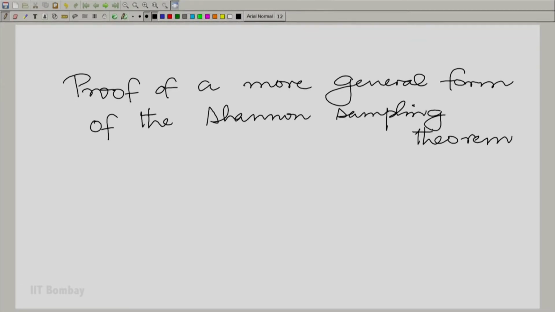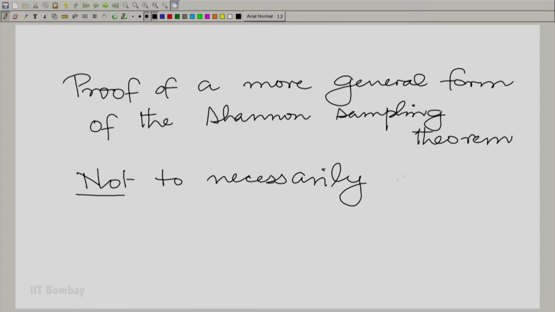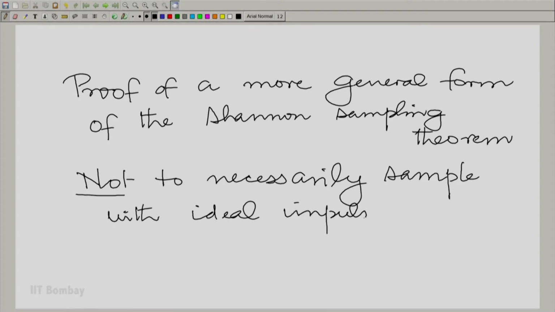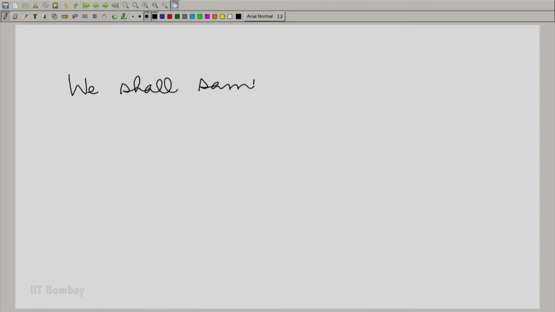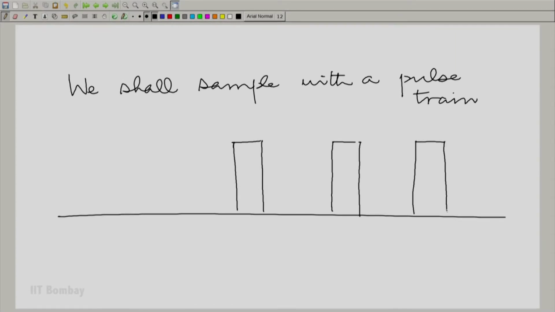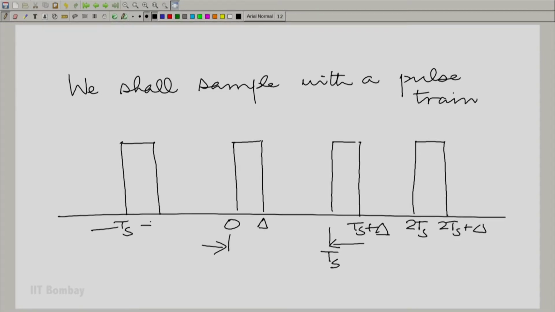What we are going to do is not necessarily sample with ideal impulses. We shall in fact sample with what is called a pulse train. So, let us denote the pulse train like this. Let the pulse occupy the region from 0 to delta in the interval from 0 to Ts. Here we can assume this pulse is reasonably flat. It need not be, as we will see after a while, but we could now write down the Fourier series expansion of this pulse train,